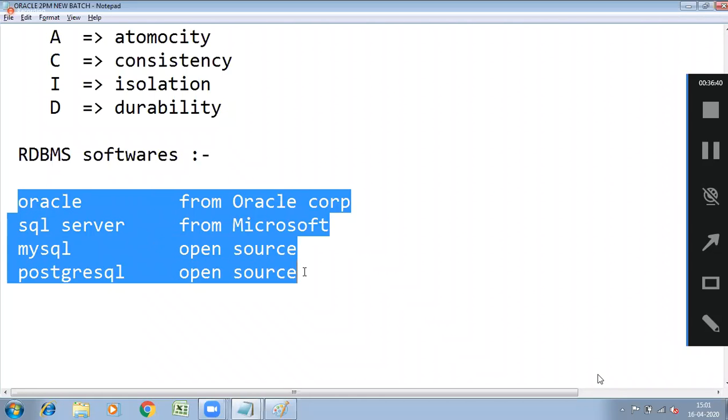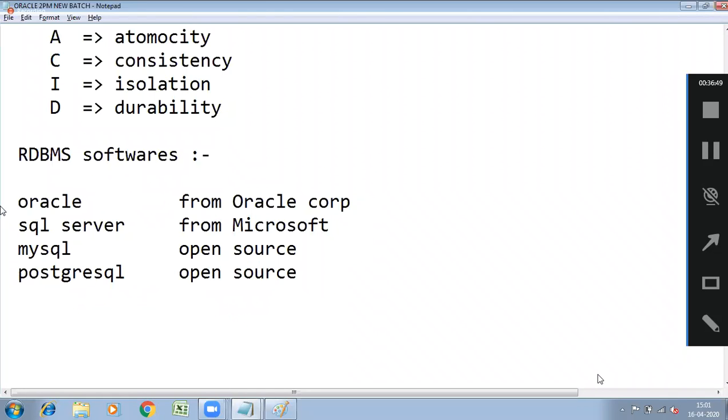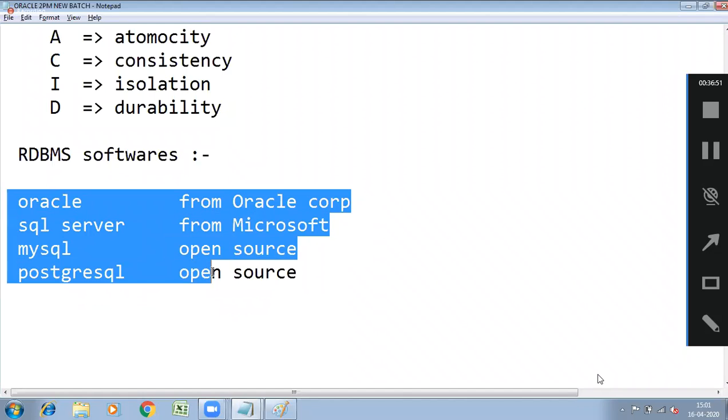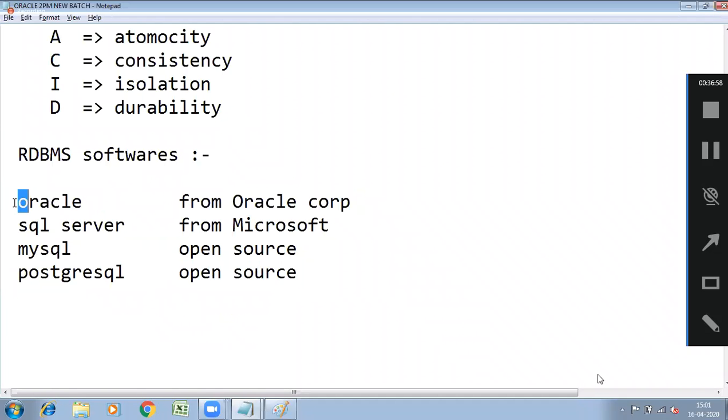But one thing is, if you know one database, you can work with other databases also. Almost all databases are the same. Maybe one has advanced features, but the basic working is the same. Suppose you're a Java developer learning Oracle.